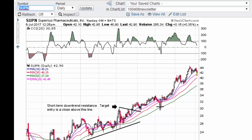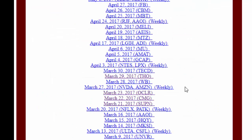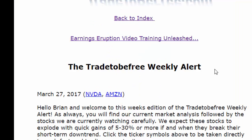So when you log in, you'll see a list of stocks and newsletters. And we'll look at another one here too. You get a date and the ticker is next to it, and that corresponds with the stocks that were featured that day. And if you go to another one here, this is NVIDIA and Amazon, which were featured back in